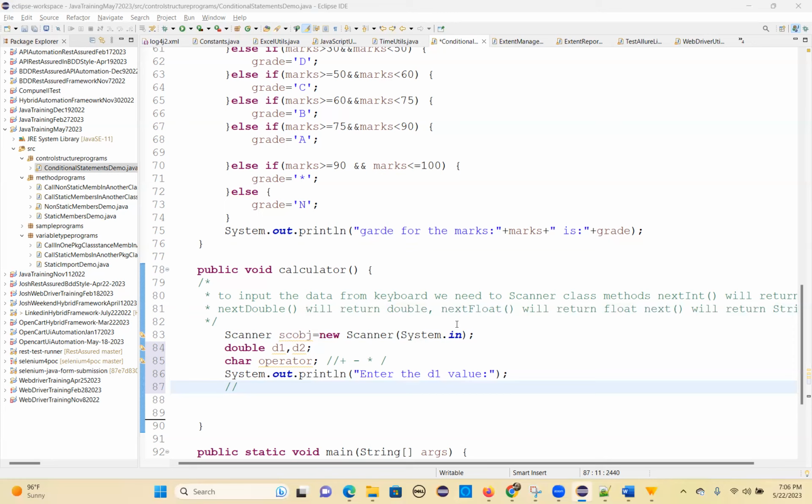Get ready? How to call return type methods? Srivani, how to call return type methods? Data type, variable name equals return type method. Data type, variable name equals to